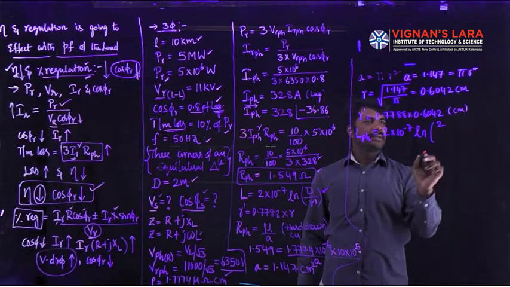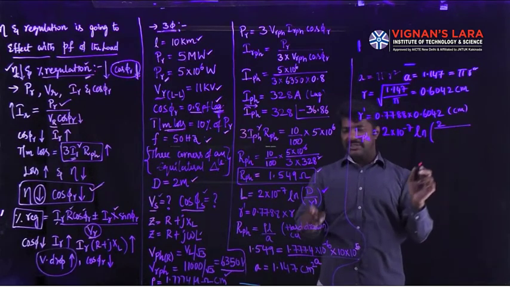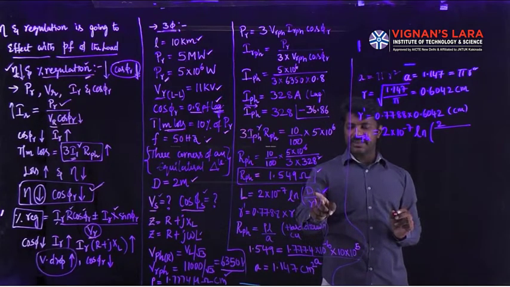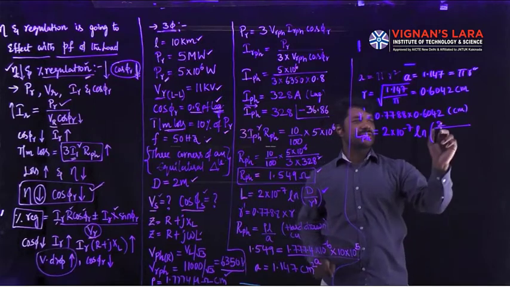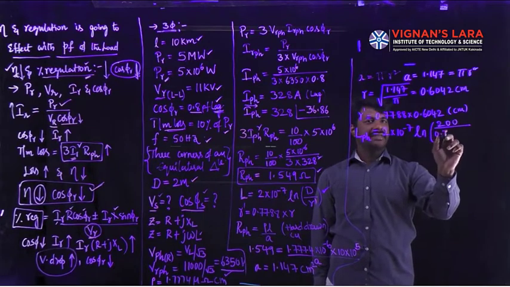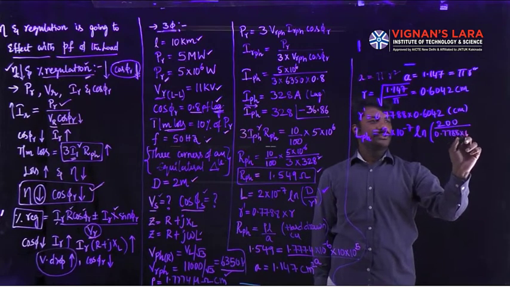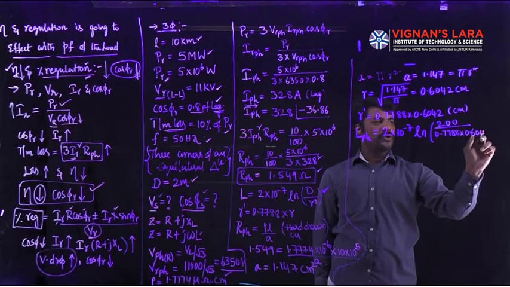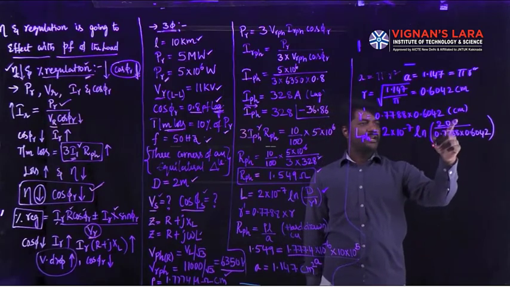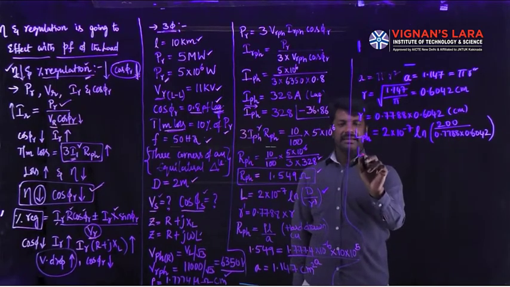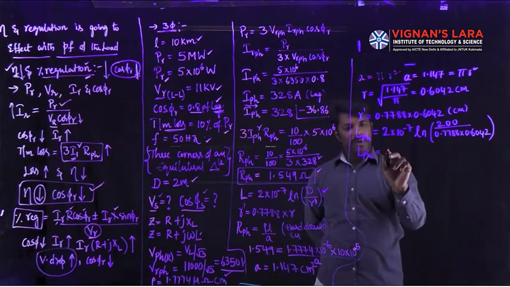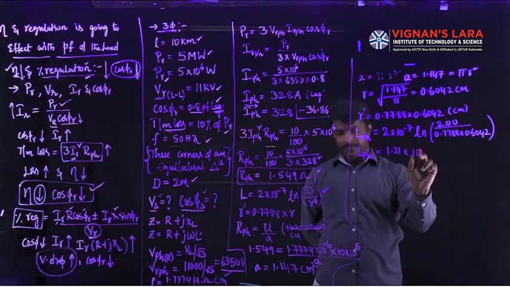Remember that the units we are using here should be the same. Since r dash is in centimeters, I will put the distance between the conductors also in centimeters. 2 meters is nothing but 200 centimeters, divided by 0.7788 into 0.6042. So, 2 into 10 power minus 7 ln of d by r dash. Then simplifying in the calculator, you will get the inductance per phase value as 1.21 into 10 power minus 6